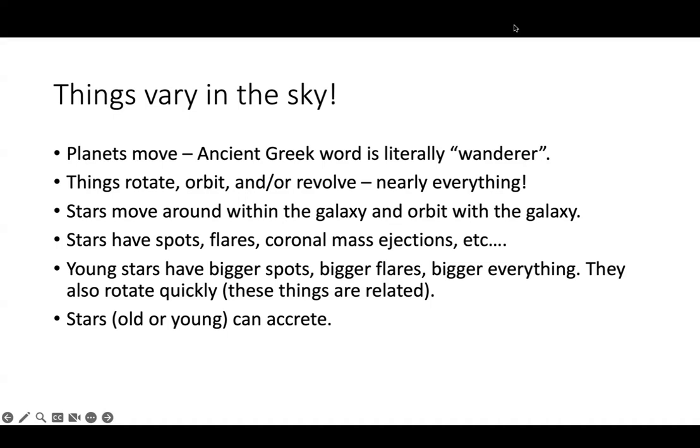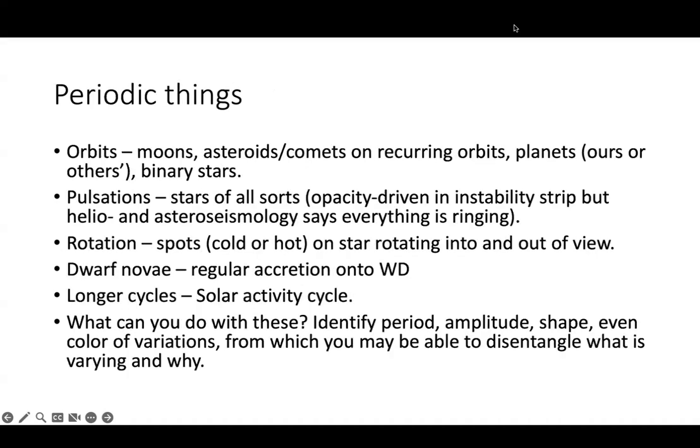And all of these things are related. It turns out that very young stars can accrete, but so can old stars, because very old stars can sometimes produce dust in the outer layers of their atmosphere. And white dwarfs, even, it turns out, can have dusty disks and can accrete from their disks. So there's lots of variability from stars of all ages.